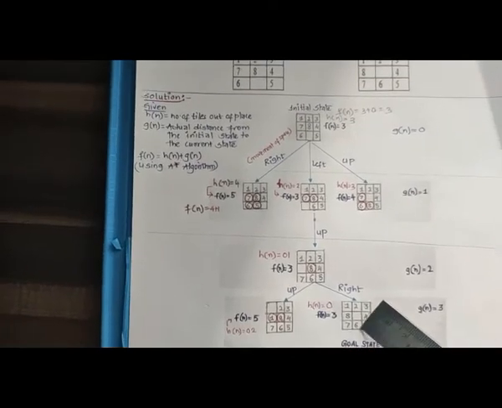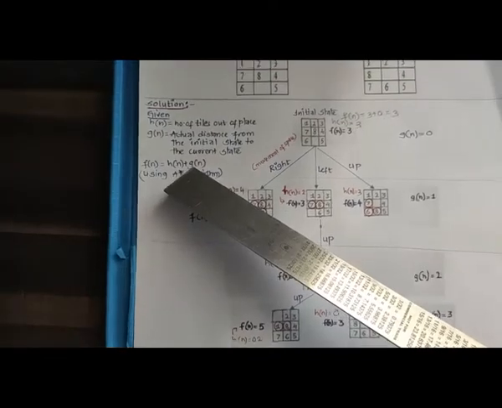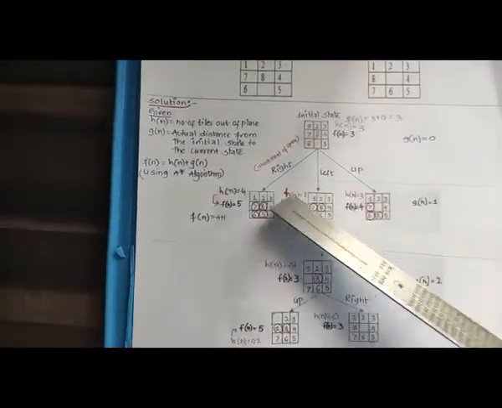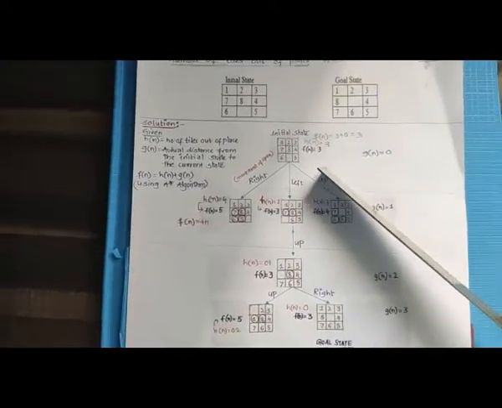Okay, so this is how I can travel from the initial state to the goal state, at each step calculating the value of f of n, and f of n will tell us which path to extend based on the minimum value, and the value of f of n will depend on h of n, which is calculated based on the number of tiles out of place. So this is how you draw a search tree or a search graph for this 8 puzzle problem and reach from the initial state to a goal state.